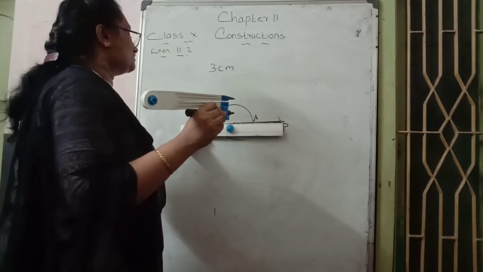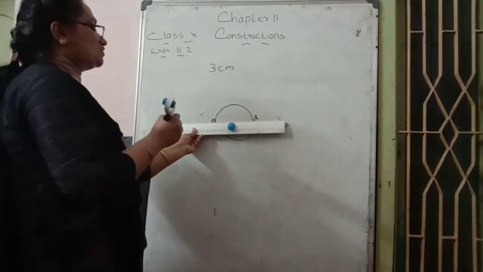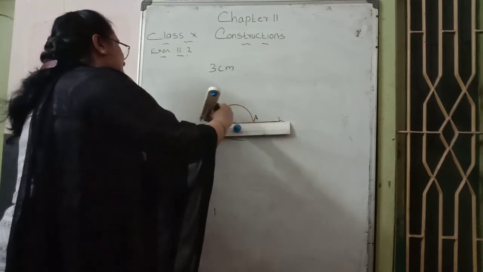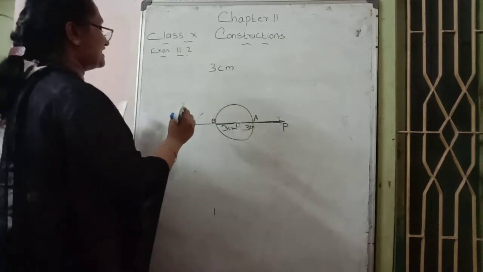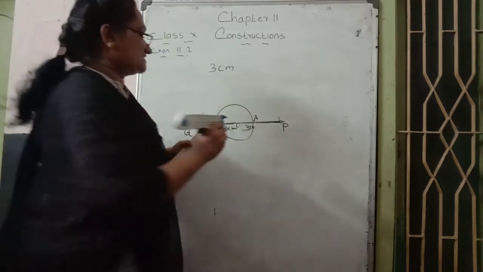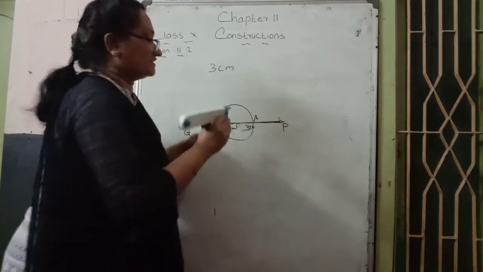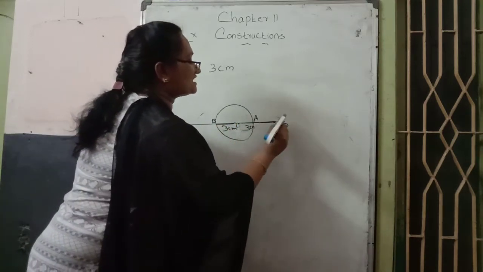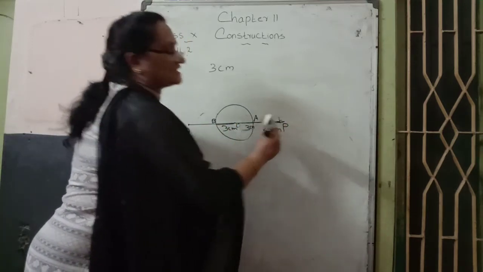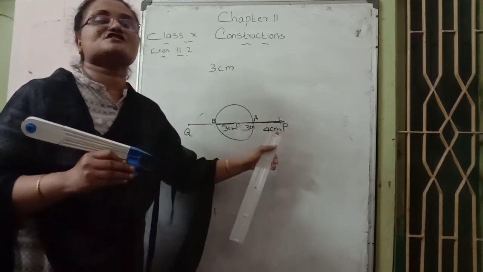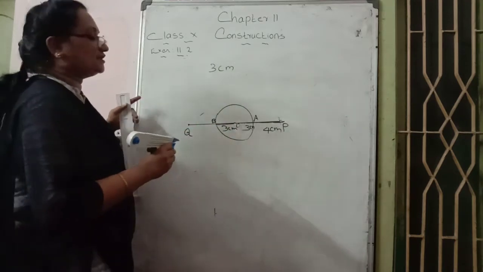Same way on the left side part also. From center O, how much distance do we require? 7 cm. Both left and right, they ask to mark 7 cm. Total O to P is 7. That means from here to here we already know is 3, and 3 added with 4 gives 7 cm. So OA plus AP distance represents 3 plus 4. Same way the left side part also.